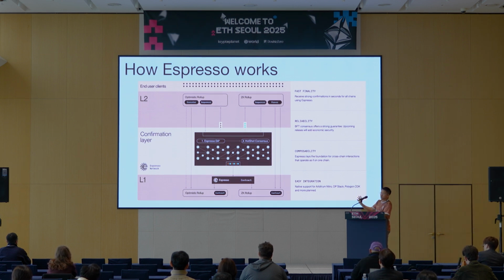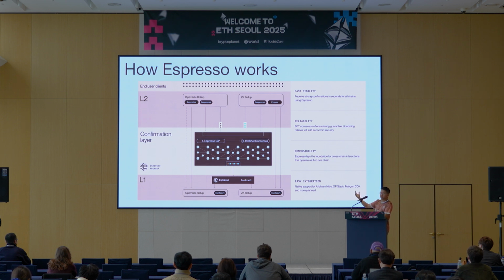Let's say a user, let's go through the transaction flow, right? If you're submitting a transaction to a rollup that uses Espresso, for instance, that will be sent to Espresso's confirmation layer for a quick confirmation. And I'll tell you a little bit more about how it works first, but Espresso in good conditions can guarantee a confirmation that the transaction is final within just a few seconds, around 5 seconds.